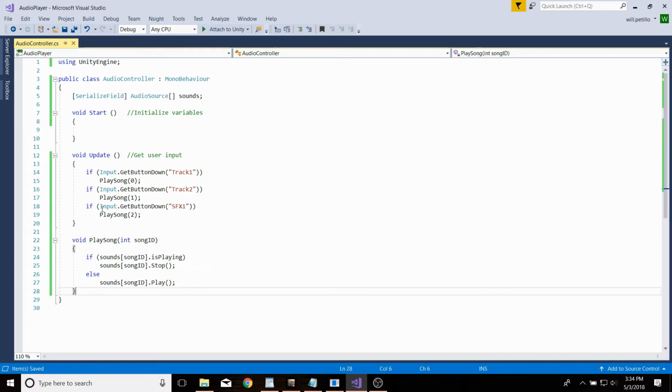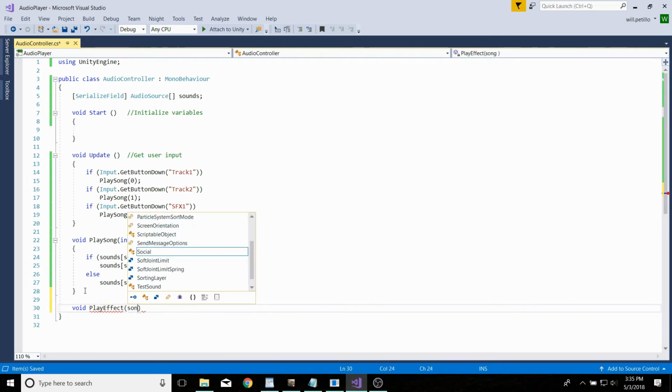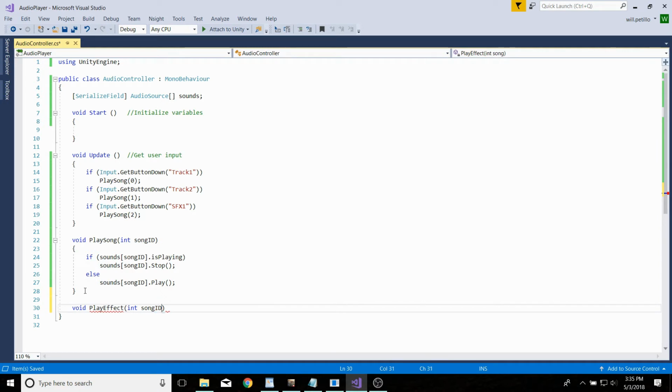Now, one thing we get a little bit of a problem here is that sound effects don't play the same way as looping tracks, because they don't loop. So this functionality here isn't really going to help us as much. Yeah, we could cut off the toms down mid playing, but that's not that useful, and we want it to be able to just run whenever the player hits the key. So I'm going to create a different method, void play effect, also pass in int song ID, and this time we're just going to take